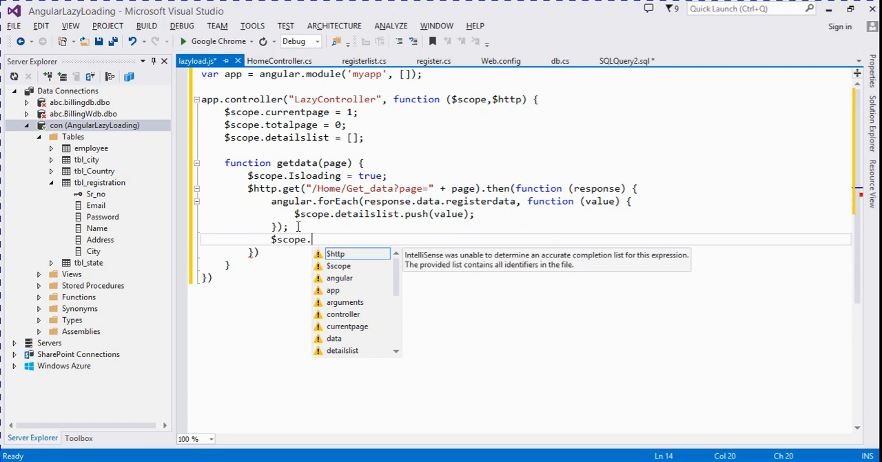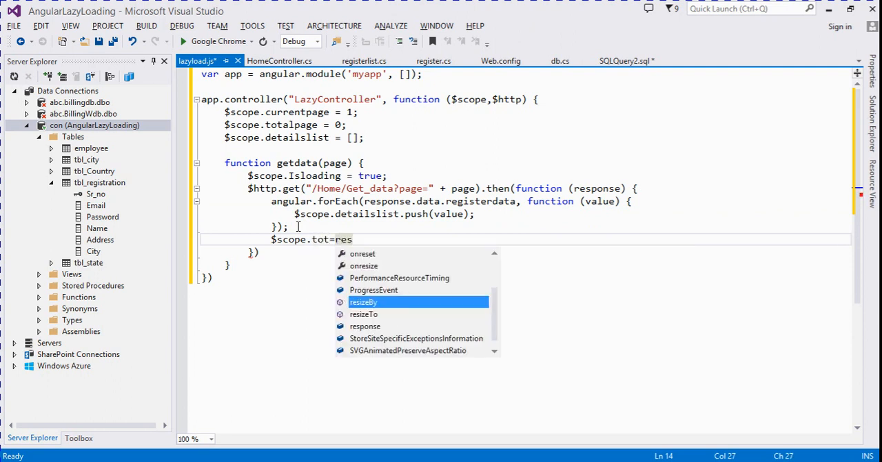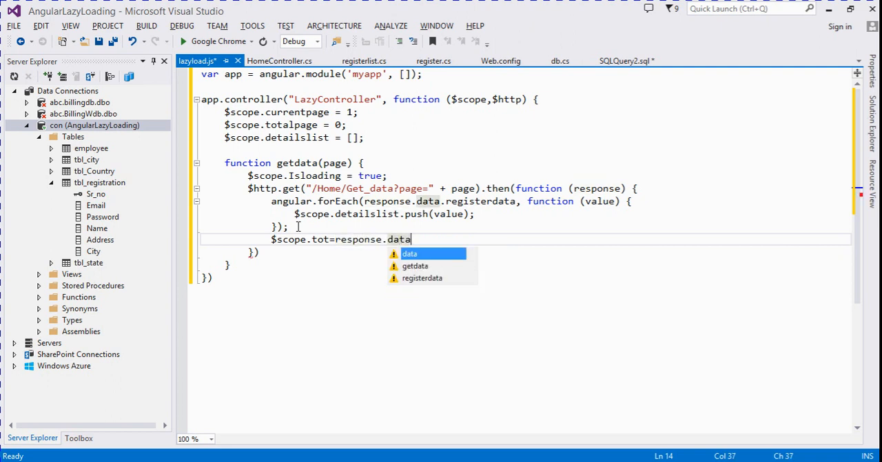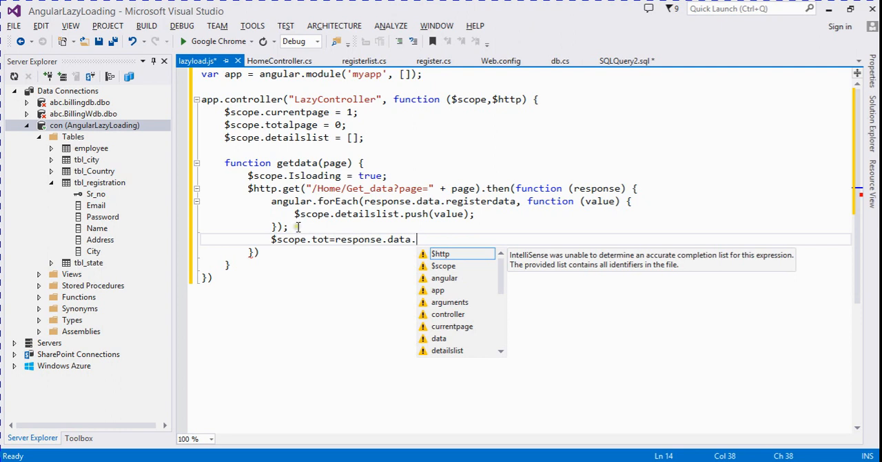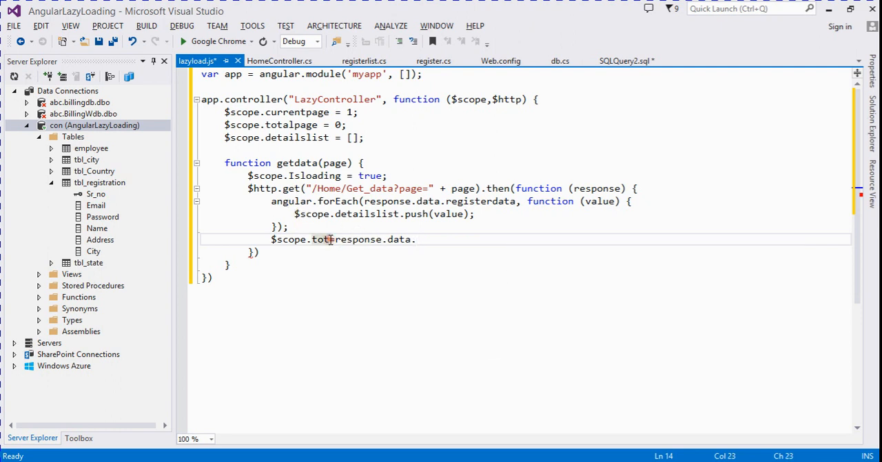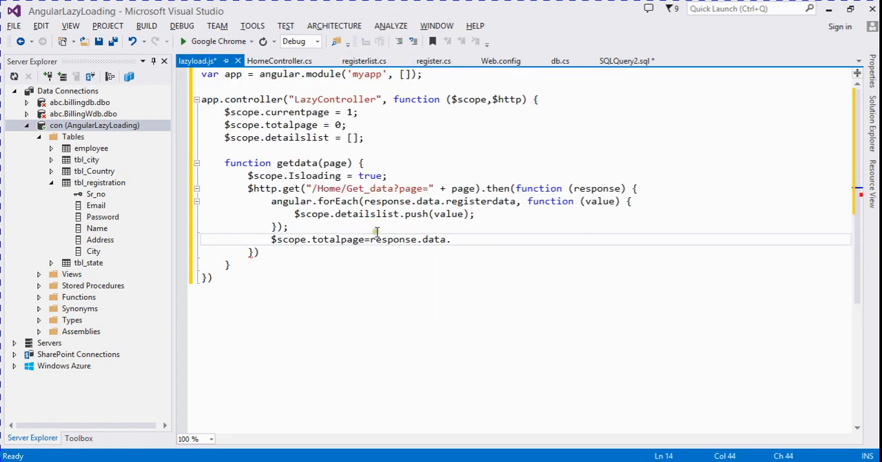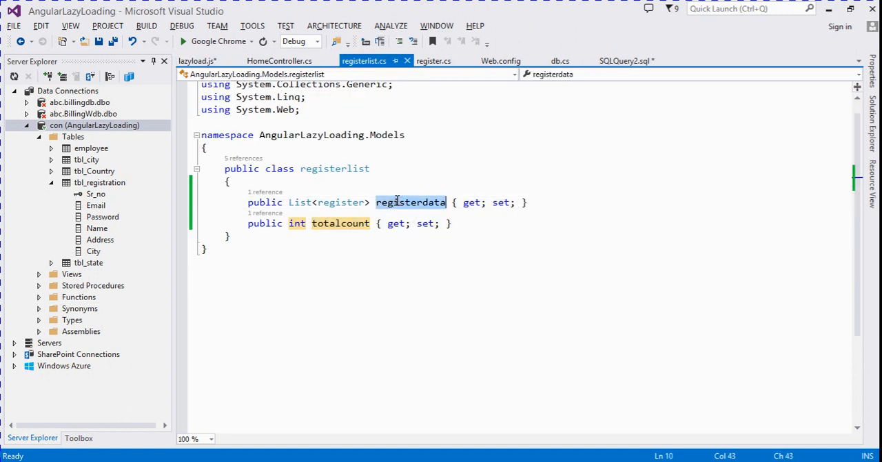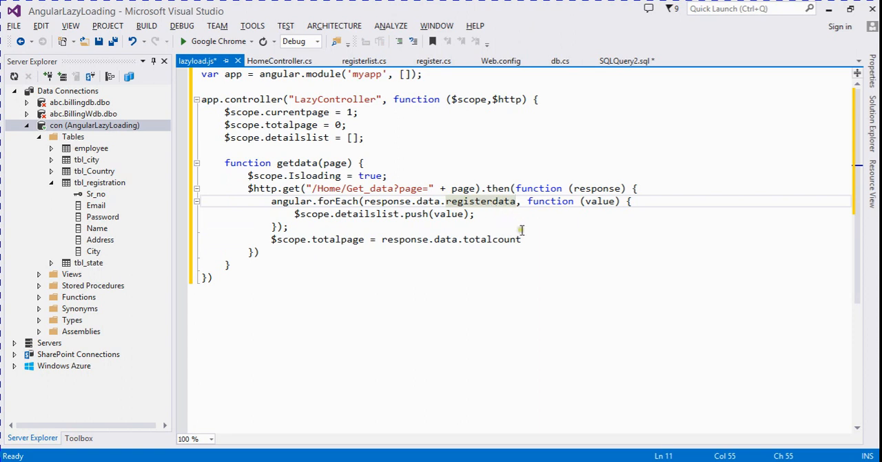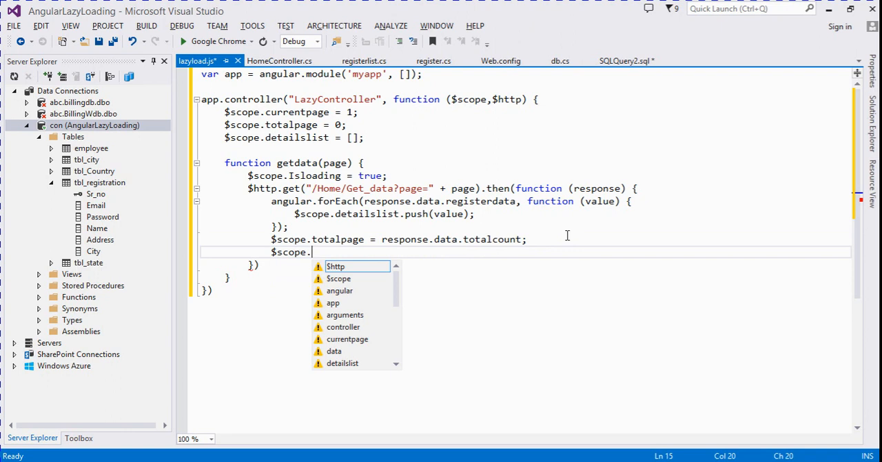and $scope dot total page is equal to response dot data dot total page, small data dot total count, and this is the register data. And then set $scope dot lazy dot is loading is equal to false. We hide this